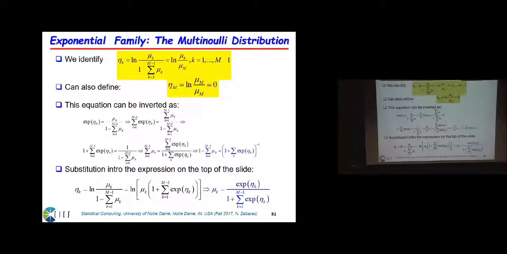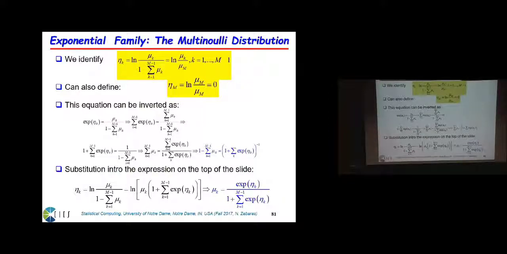So the multinoulli distribution, of course, is then an exponential family distribution, and you can compute the moments in terms of the natural parameter theta. There is a calculation with some simple algebra that you see on the slide, which I advise you to look at, and it comes out a beautiful function: exponential of eta k divided by 1 plus the summation of these exponentials. And what function is that? My friends from computer science, do they recognize this function? What is that? Softmax.